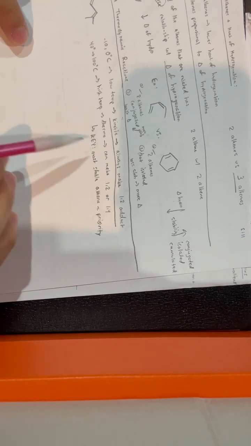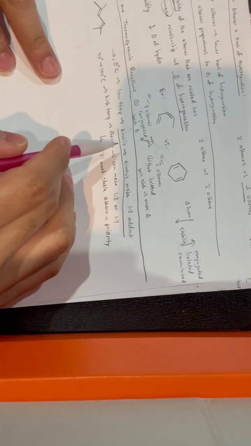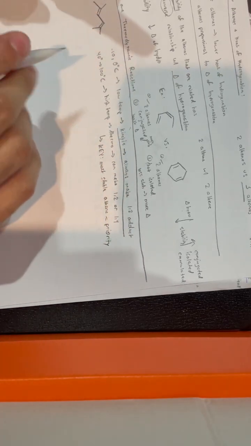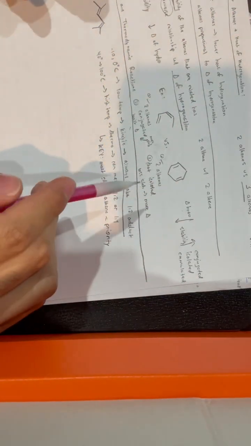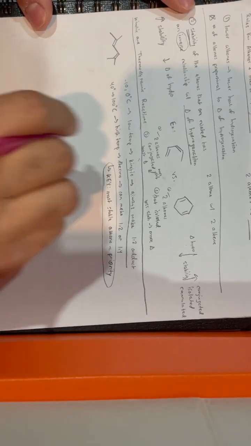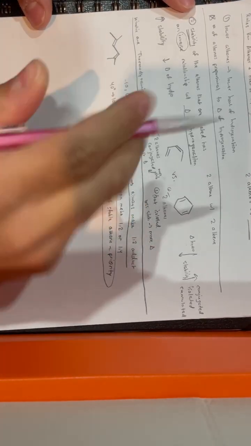That's not the case. Don't ever think that. If you're going to think about thermodynamic versus kinetic, kinetic will always make your 1,2. Thermo can make either. So think thermo can make either, but the key behind it is that thermo makes the most stable alkene. Always just look at that. Most stable alkene, that'll make your life much easier, and you don't confuse yourself whenever you're like, oh, 1,4, 1,2,